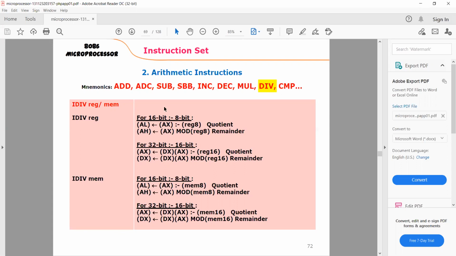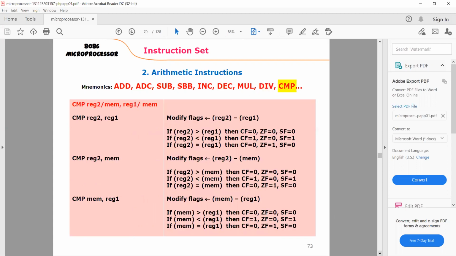The next important instruction that you will come across is compare. This is one of the important instructions, and you will be using the compare instruction many times in your program for verifying different conditions. This instruction is very simple. It is just a subtraction operation. When you are comparing things, it is just a subtraction operation.